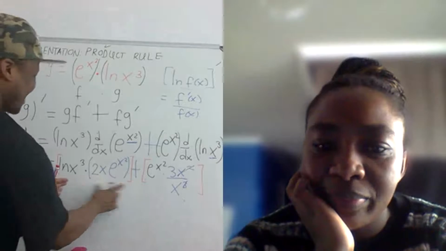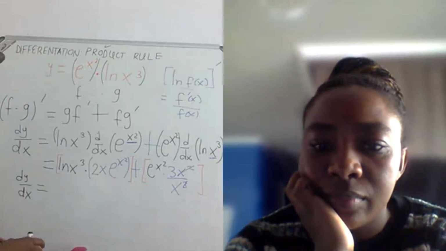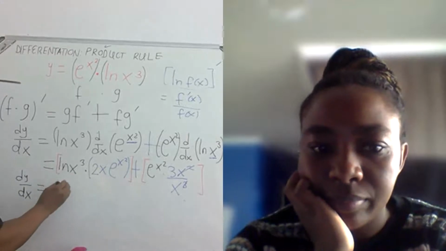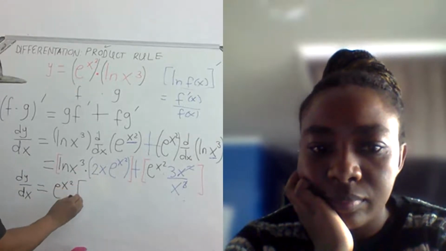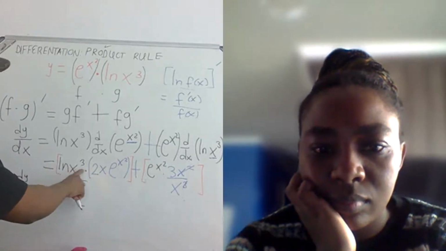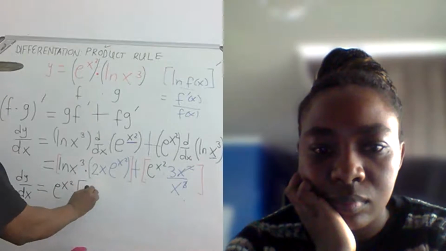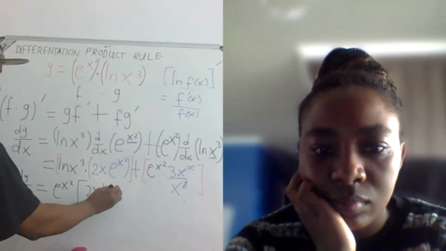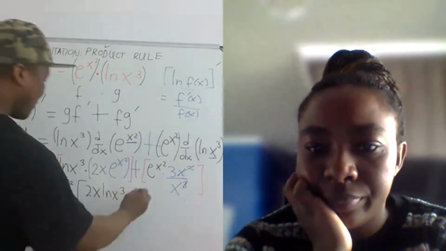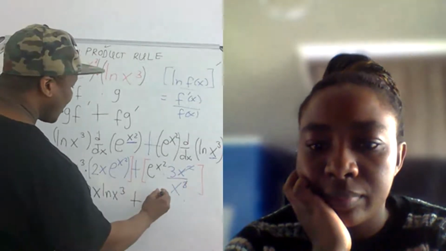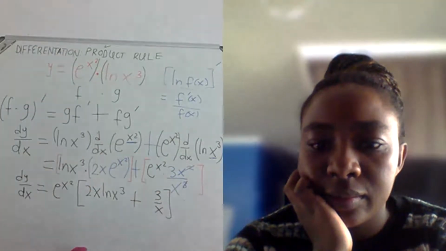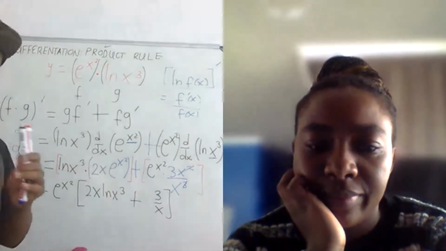So now we can say we got this group and this one right here. What do we have in common? It's ex squared. So we're going to take this ex squared out, and then we're going to write everything inside. What we left here? 2x ln x cubed. But I'd rather write 2x first, and then ln of x cubed is a good way. Okay. With plus on the right hand side, we left on the left 3 over x. And that's going to be the last part. Easy like that. So if you want to write, you can write,